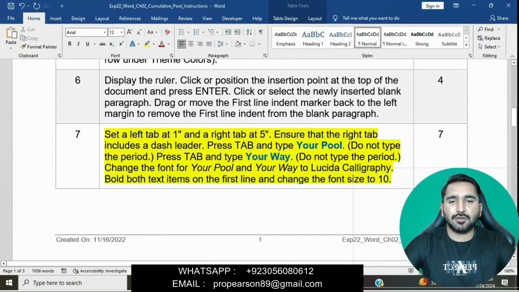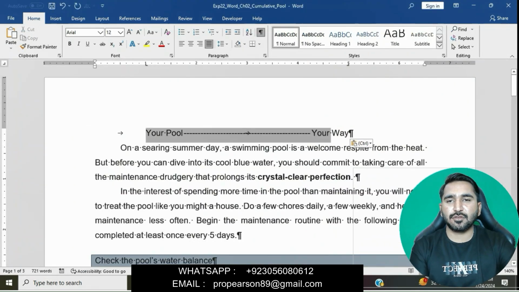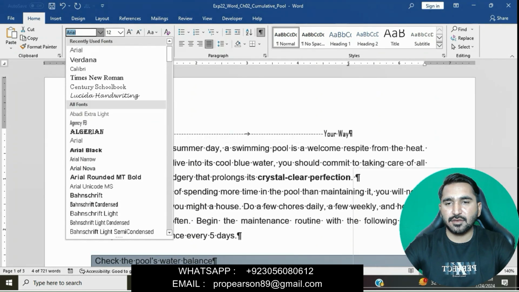Okay, change font for "your pool" and "your way" to Lucida Calligraphy. We will go to the font style and change this font style to Lucida Calligraphy. Okay, where is Lucida Calligraphy?